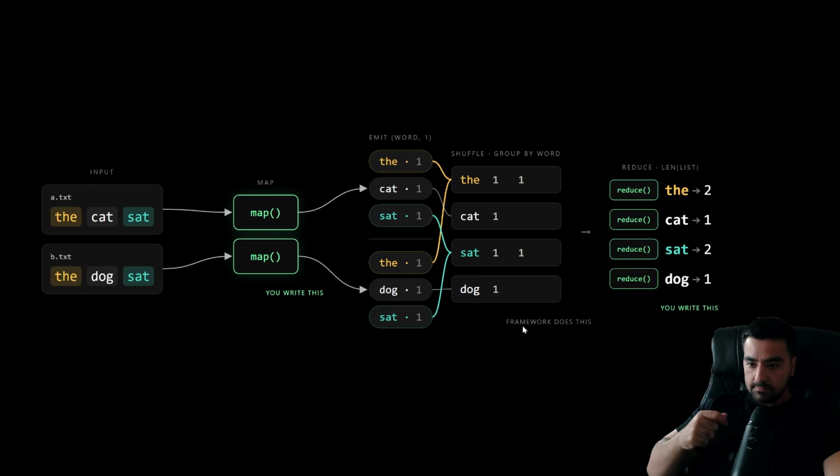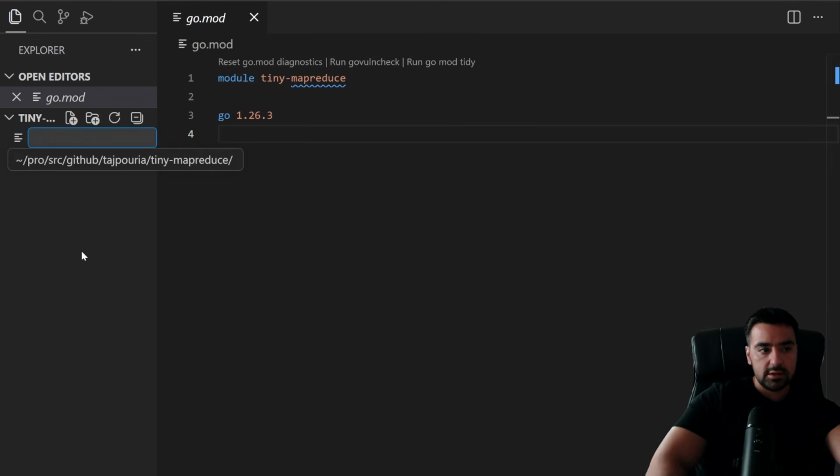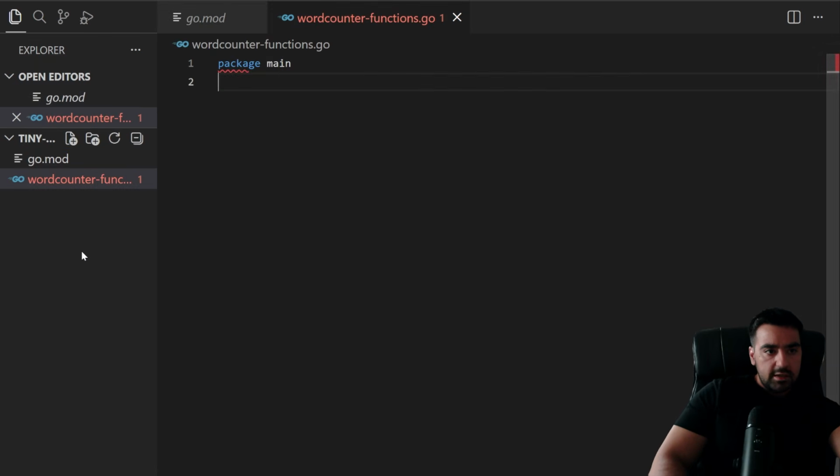And now to prove this concept, let's try to implement the map and reduce functions for this word counter and use them in a simple sequential MapReduce program to get the results. So here I am in a fresh Go project that I just created, a module that I just named Tiny MapReduce, and I'm going to share the link to the GitHub repository in the description of this video. And we're going to start off by defining the map and reduce functions for the word counter that I just presented. So I'm just going to create a file and name it word counter functions.go, with package main,